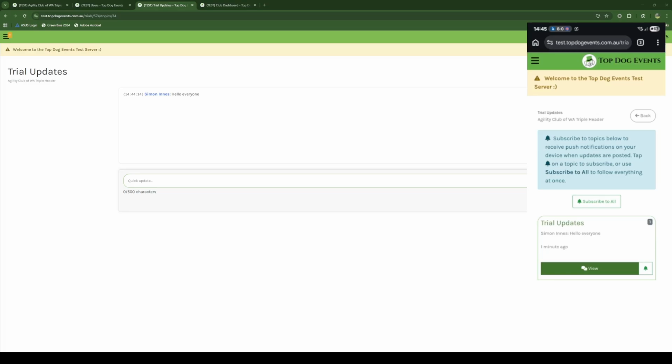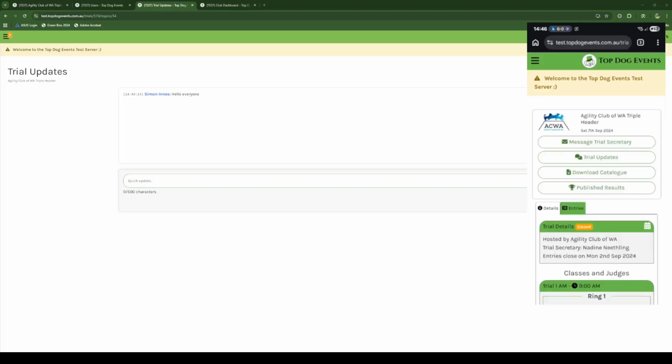So I am going to subscribe to the Trial Updates channel. If I click the little bell, it tells me it's subscribed. If you're doing this for the first time, you'll get a notification pop up to say enable notifications from TopDog Events that you need to allow, otherwise you won't be able to see this happening. So I'm just going to go back to the trial page here, and then if we jump back to the Trial Updates page